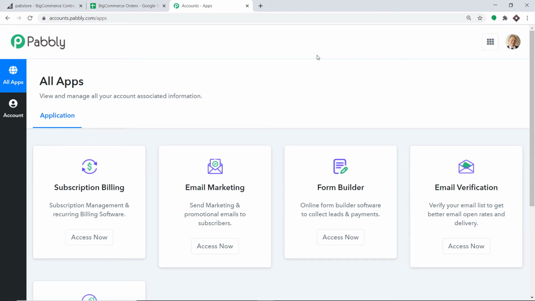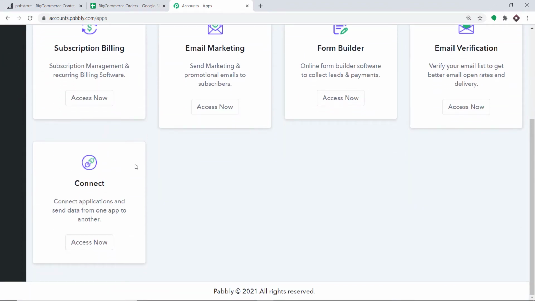As you can see, I already have made an account in Pabbly Connect. You can also create your own free account in just 2 minutes. Here I would like to mention one more thing, that Pabbly Connect offers a plan where this integration can be tried out absolutely free. So all you have to do is clone the template which is available in the description box. Once you clone the template, you will get immediate access to this amazing workflow in your account. Okay, so scroll down and at the bottom you will find connect. Here click on access now.